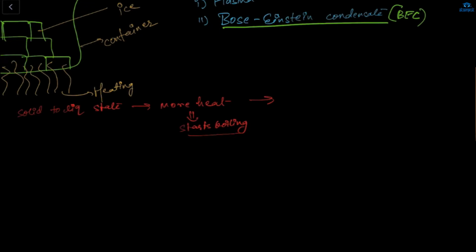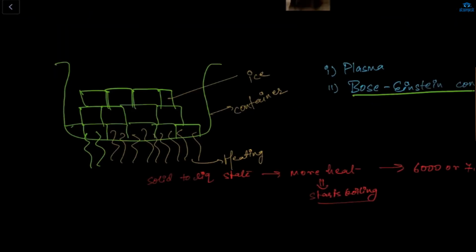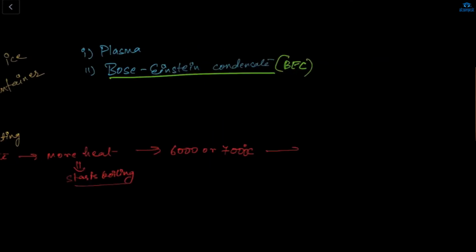Now what will happen? Now giving more heat, up to 6,000 or 7,000 degrees Celsius, what will happen? The atoms present inside this container will become ionized, and will emit electrons, and itself convert into cation, meaning positive. See, giving more heat up to 6,000 or 7,000, what will happen? Atoms inside this will become what? What, Arham? Ionized. Ionized means? Ma'am, it becomes plasma, right? Yes, it will become plasma.